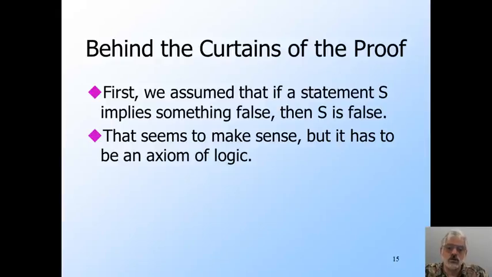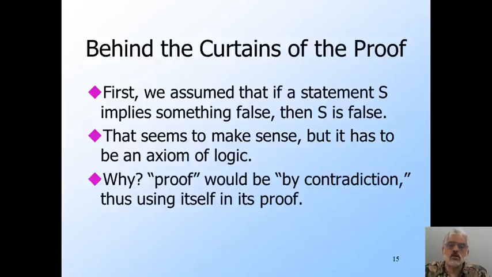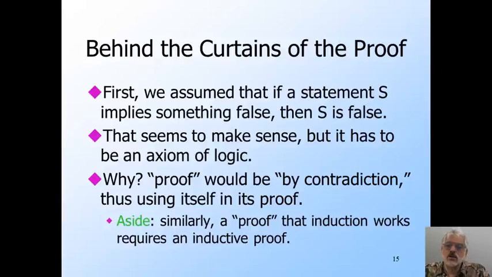However, it doesn't really follow from any more basic principles. You need to take it, or something equivalent to it, as an axiom of logic. If you try to prove that proof by contradiction works, you will have to start with something like, well, assume the rule doesn't hold. That is, you need to assume proof by contradiction works in order to prove that it works. An amusing sidelight is that proof by induction, another staple of this course, is also something that needs to